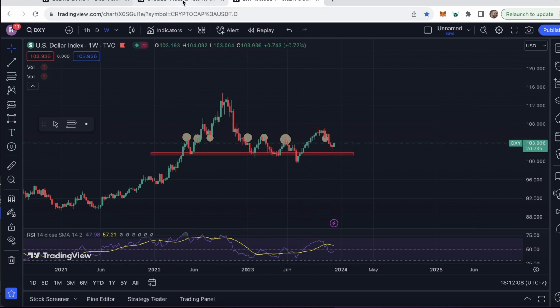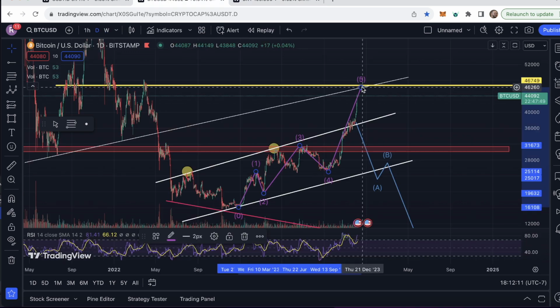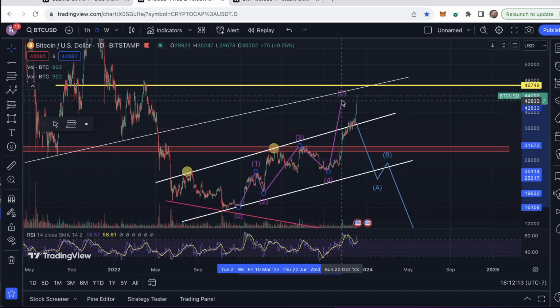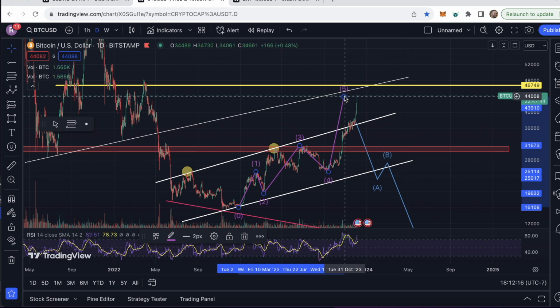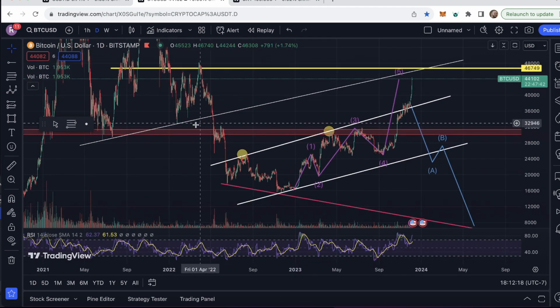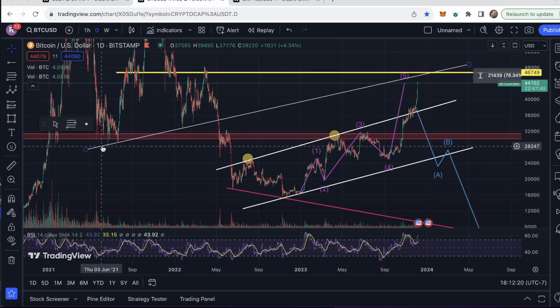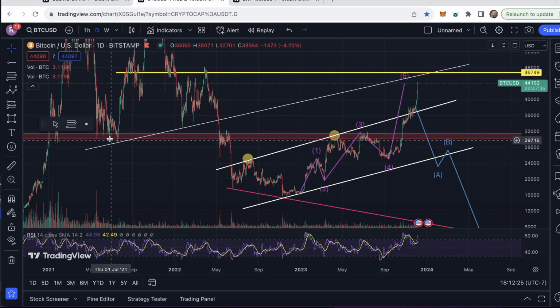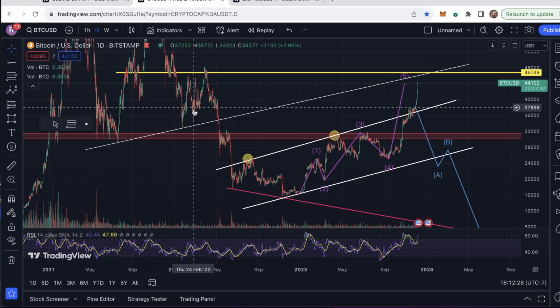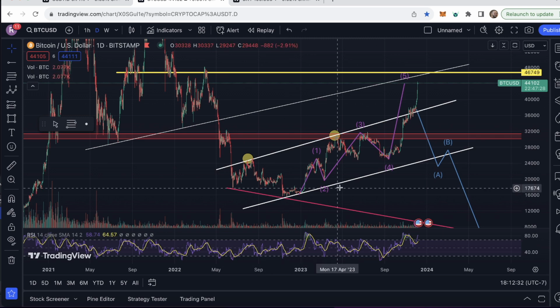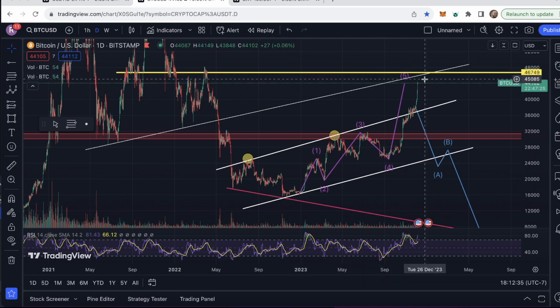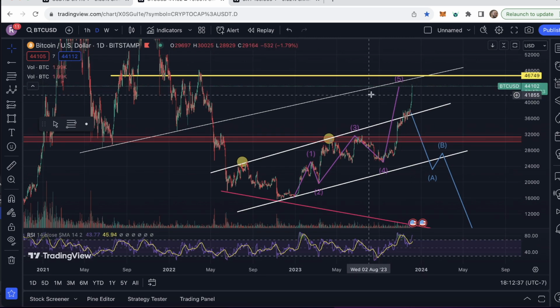Bitcoin has been rallying up, and it looks like nothing is stopping it. But I want you guys to pay attention to these areas. If we make a line in here, which used to be a support and acted as a support many times, you see all these touches and it went back up until it broke from here. Now we're going to go back up and touch it, and it's going to be an almost perfect point that we're probably going to meet around